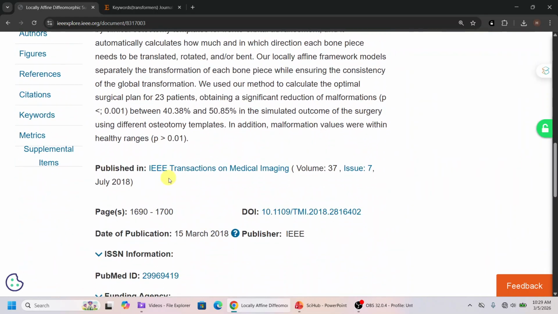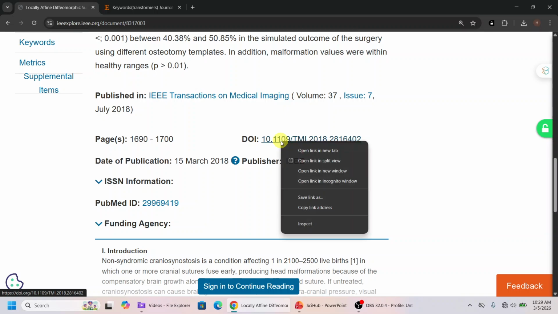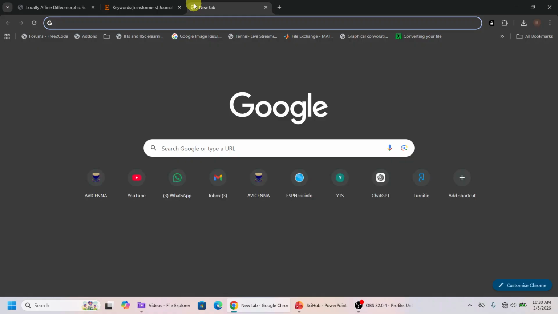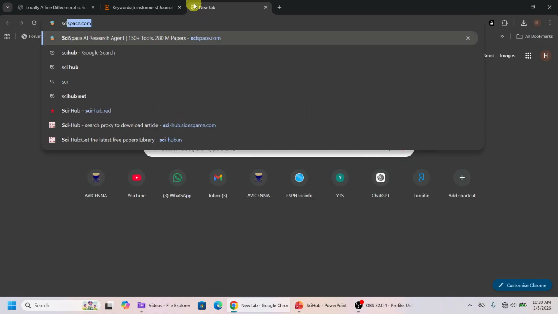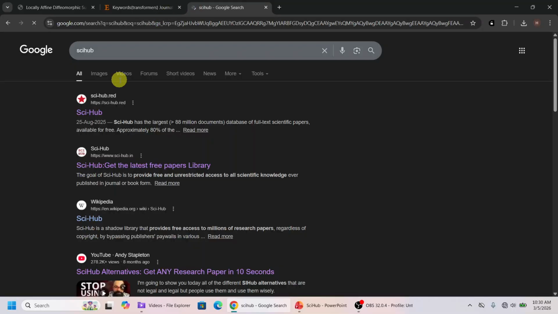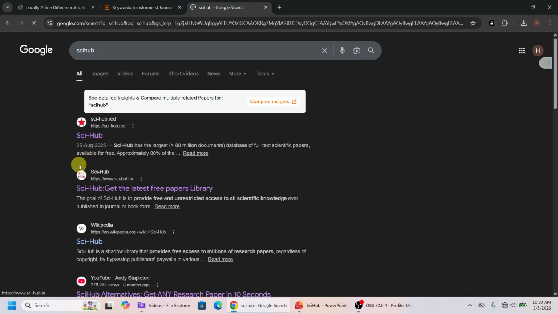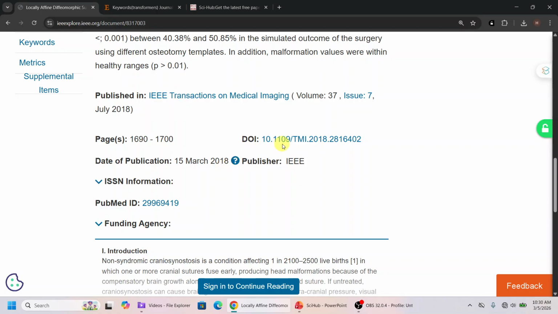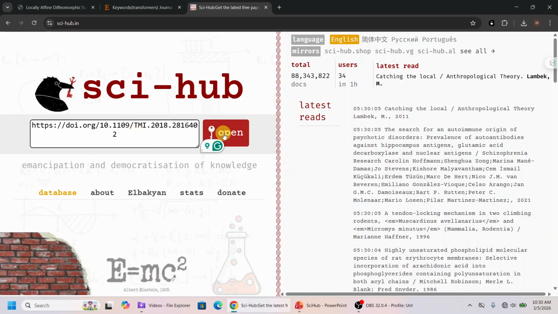and over here I want to find the DOI of the paper, and let's copy this DOI, and over here I want to access Sci-Hub, and once I click on the Sci-Hub, then there is a link given over here, that is scihub.in. So once I click the link, then there is a space that is given over here. So the DOI that we have copied from this page, I will paste the DOI over here and click the